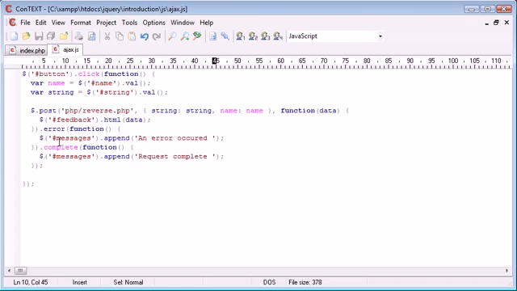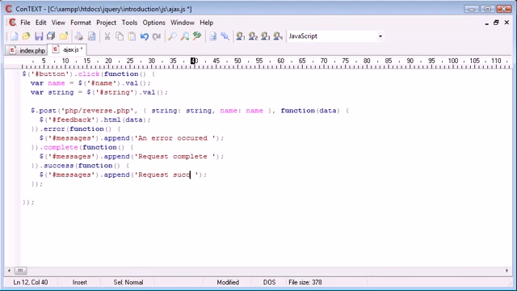Okay, so you'll notice that we have a request complete, but we also have an error occurred. Now that's the difference between complete and the success callback, which we're going to write in a moment. Success will only be returned if the operation is obviously a success, if everything's gone to plan and we've returned some data and the file exists. Complete will always happen as long as this HTTP request has been completed. So we can add on a success callback function as well. So inside here we create a function, and we can copy and paste this into here, and this will be messages.append